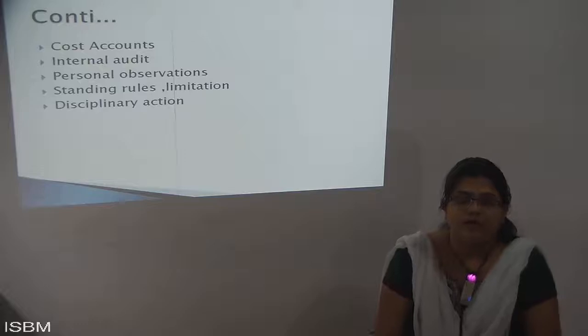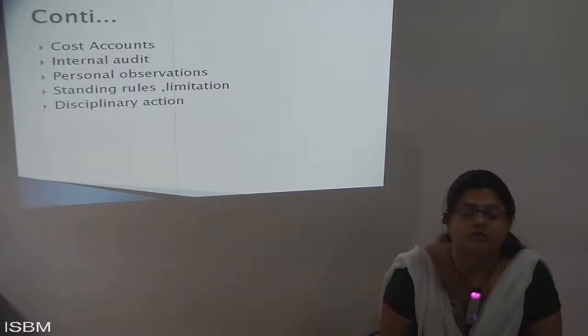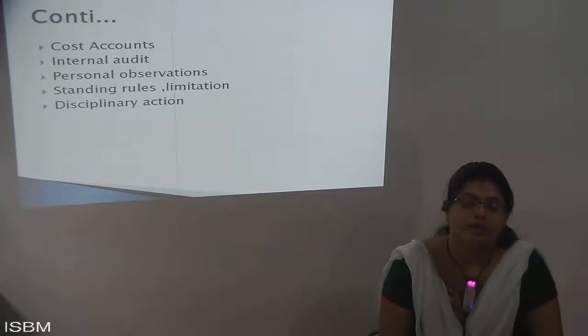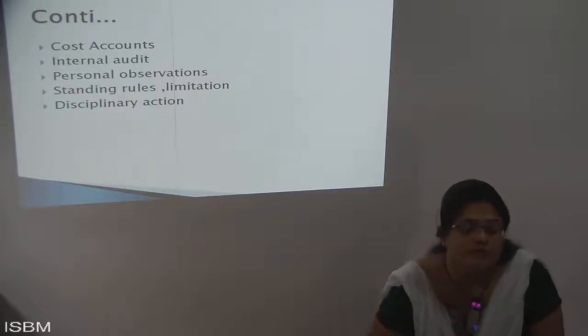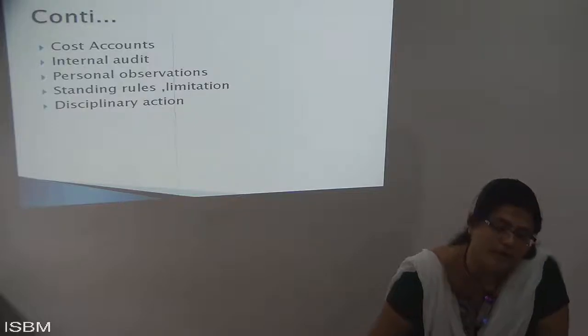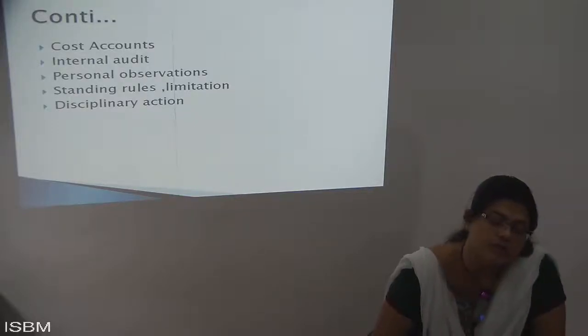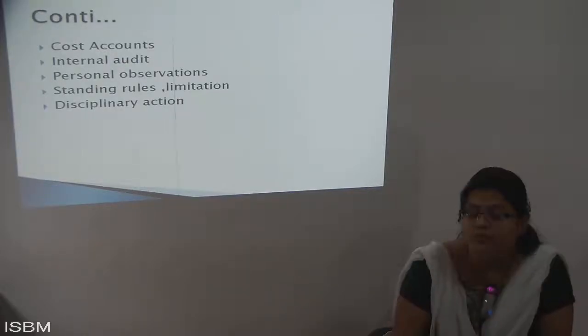There's one type of technique, like cost accounting. Whenever you're selling a product into the market, there should be a cost bifurcation. It means if a Parle biscuit is priced at 2 rupees, what items have you kept in that? Finally, you have kept it at 2 rupees with inclusive tax and exclusive tax. That type of bifurcation should be there.